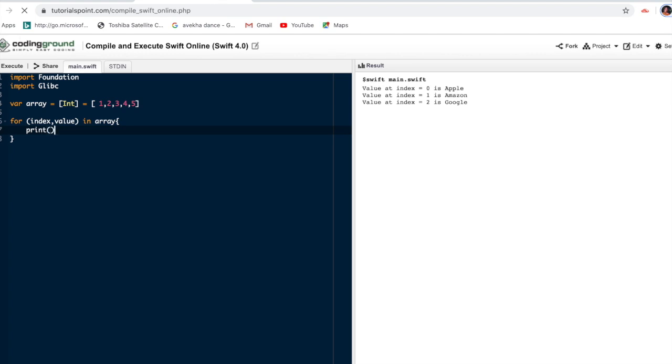I need to print both. So I'm printing this way: index, then a slash, in which I give my index, and then my value. Then just execute and we can see what the output will be.